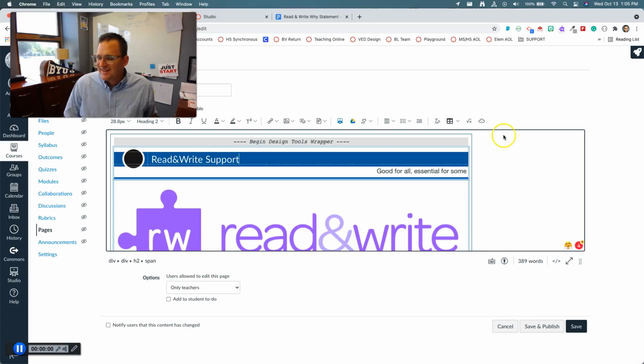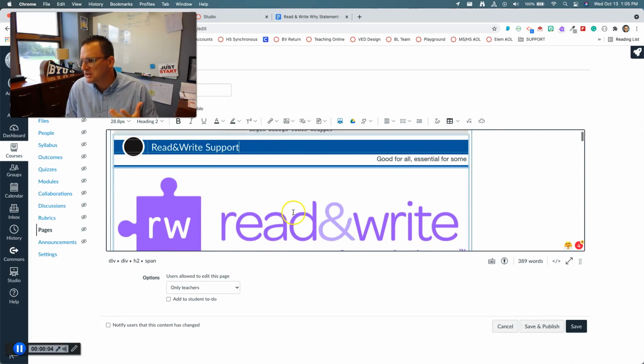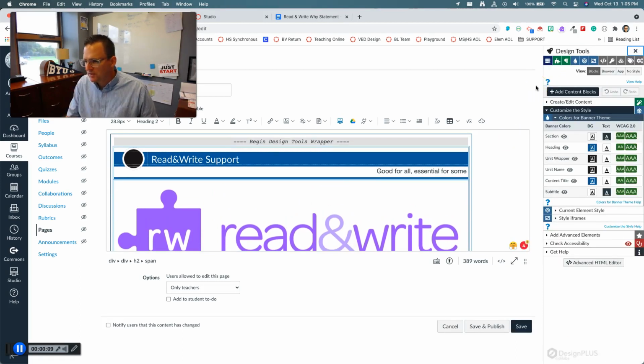All right, what's up, guys? I am doing some edits to a read-write page in Canvas and wanted to share something I'm doing with color